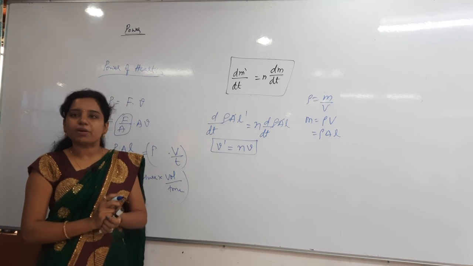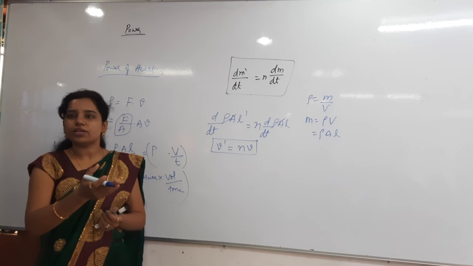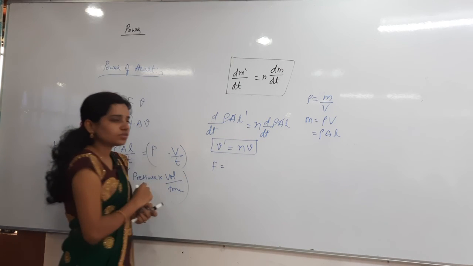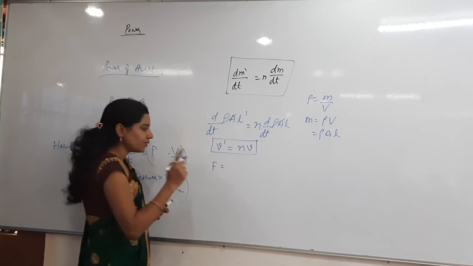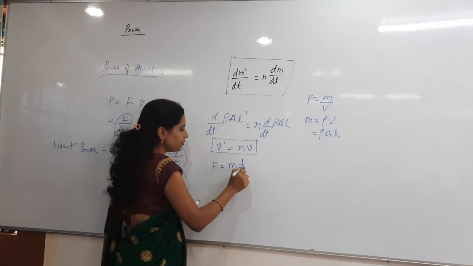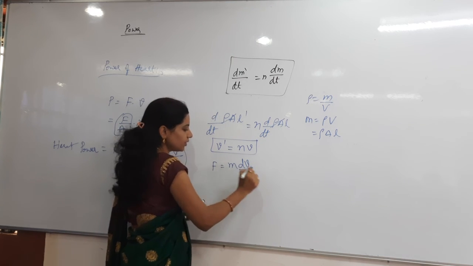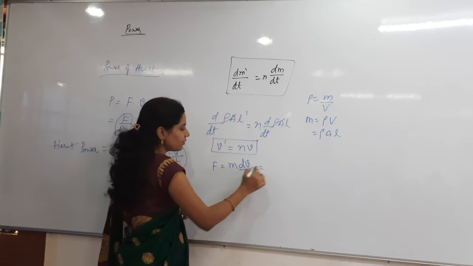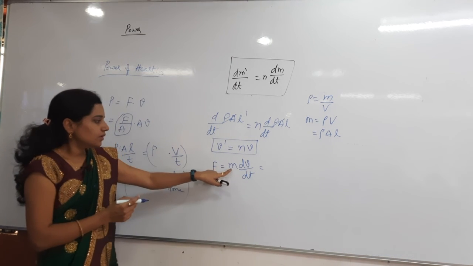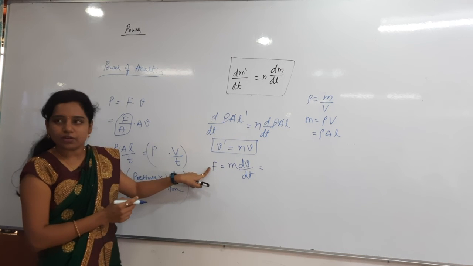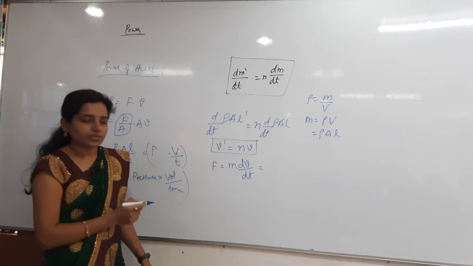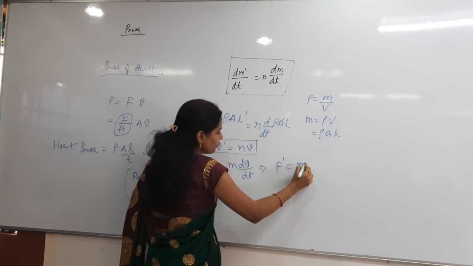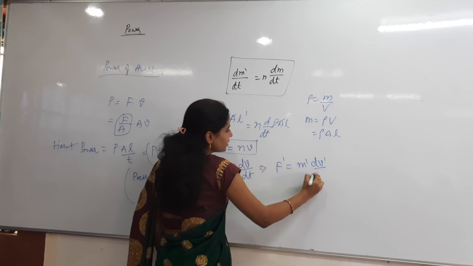Now I want to get the power, not power, the second one what I asked, force I think. Force is equal to what is the formula we are having? We are having one formula, that is m into dv by dt. So in the place of m what can I substitute? See, this is the F we got. Now I want to get the F dash. For that purpose, F dash is equal to what can I write? M dash into dv dash by dt.